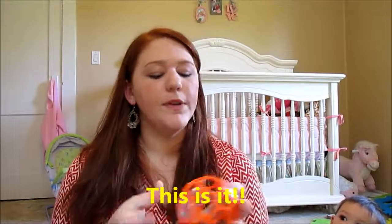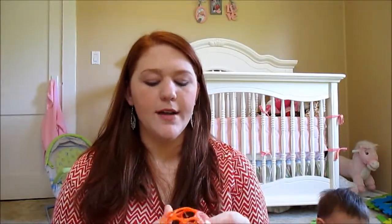Next, ring ball. I think that's what it's called. It's a ball with all the holes in it. She has it in her toy box. I should have brought it out. She has the orange one. But it was a lifesaver from the time she was 3 months and up. It was the easiest toy for her to play with. She was able to get her little fingers in there, and when she wasn't able to grasp the concept of actually holding on to it, her little thumb or fingers would just be in there and she'd be able to play with it. It was the easiest thing for her to play with. Plus,